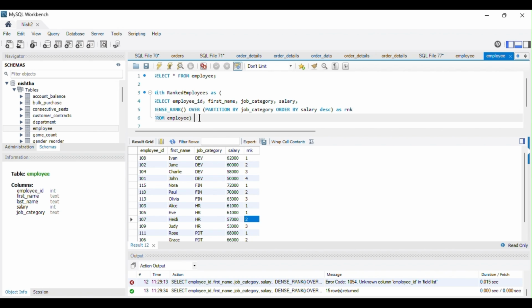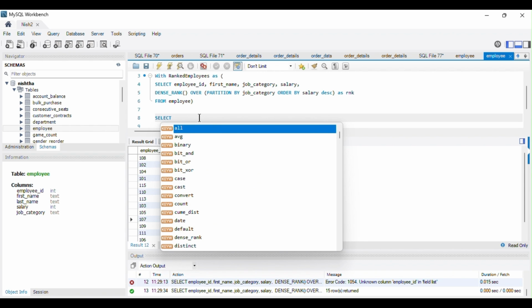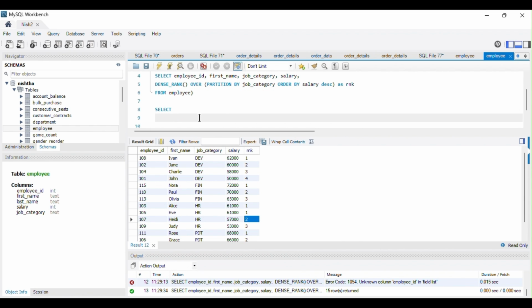Now we have to filter out the employees having rank equal to 3. So here I will select whichever columns I want to retrieve. The employee ID should be there in my output, the second column is the first name, and I want the job category in my output.